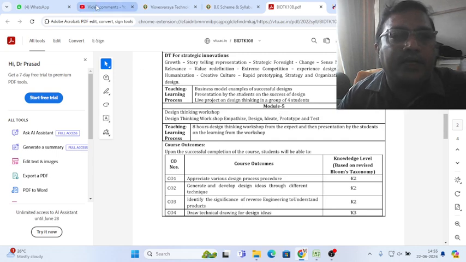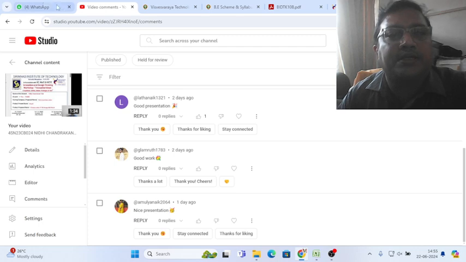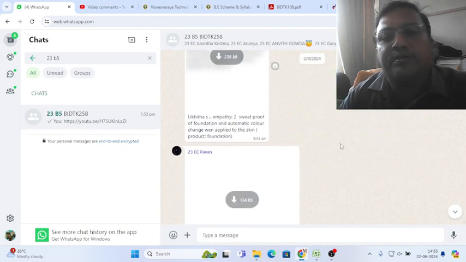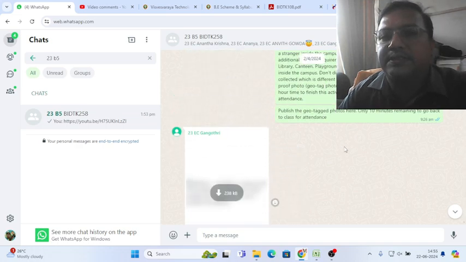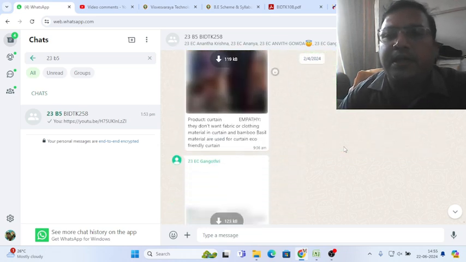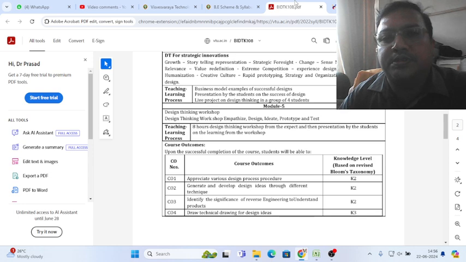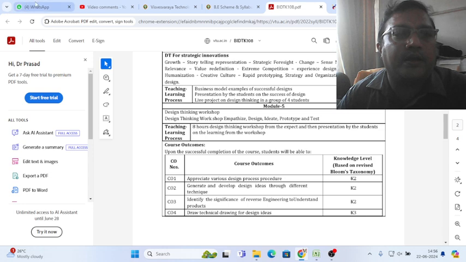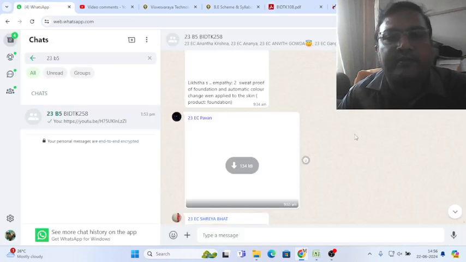So accordingly, what I used to do is divide my class work. Initially I go to class and introduce the students to innovation and design thinking. All the study materials and the syllabus are shared. Then I inform the students to start working on one project topic, identifying an existing product, and the students need to share it in the WhatsApp group which is created in the very first class.